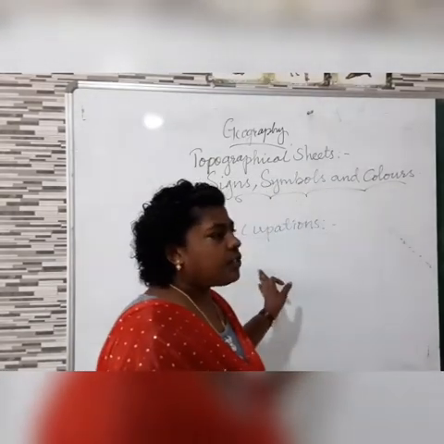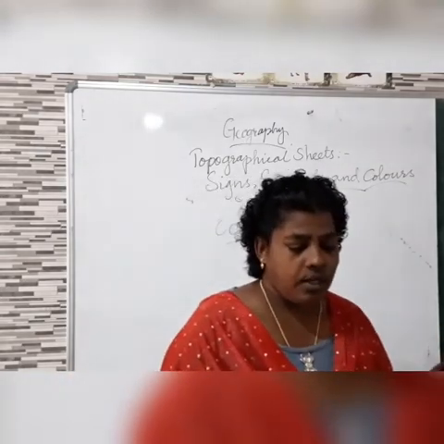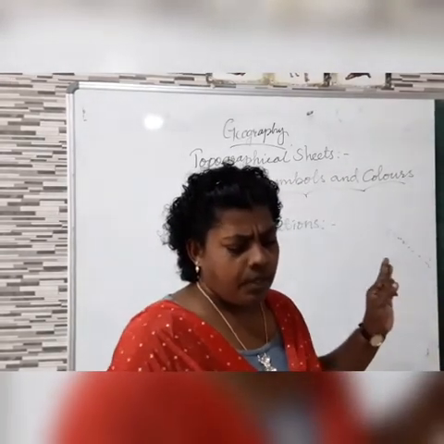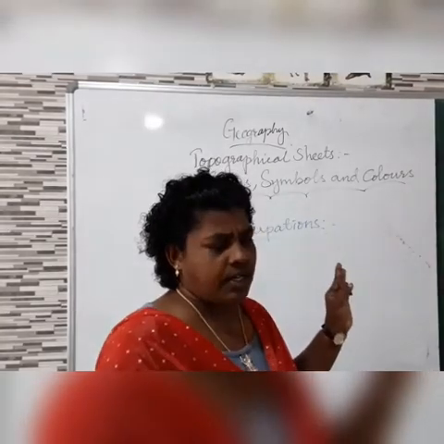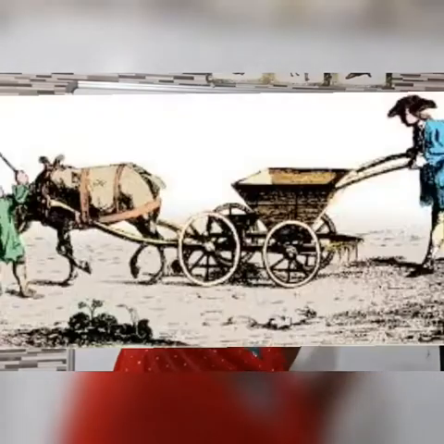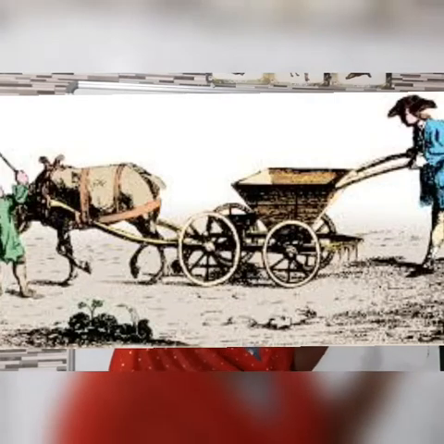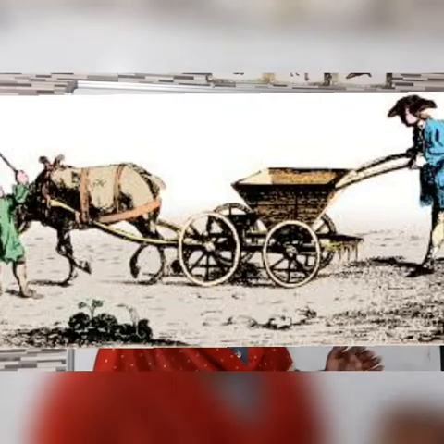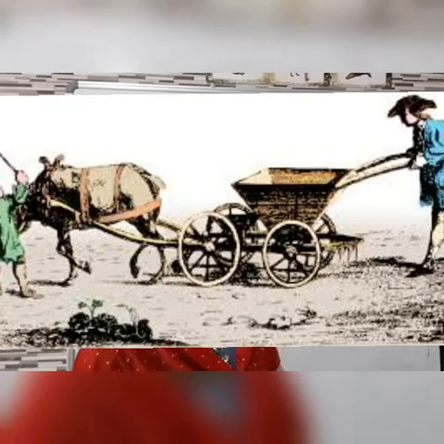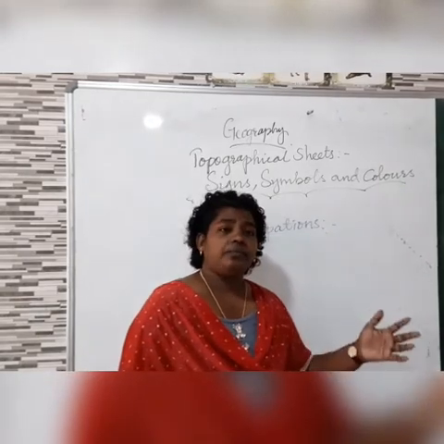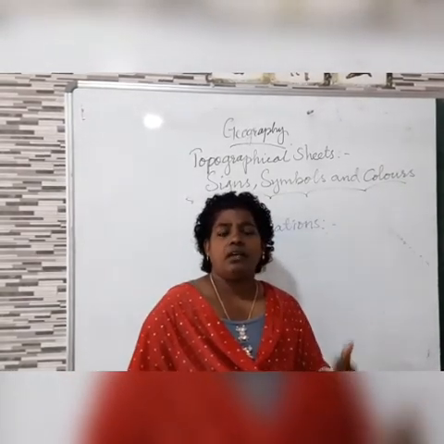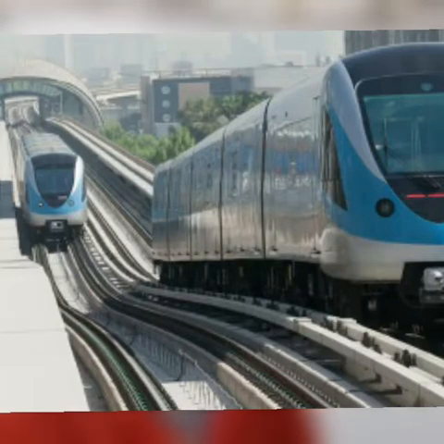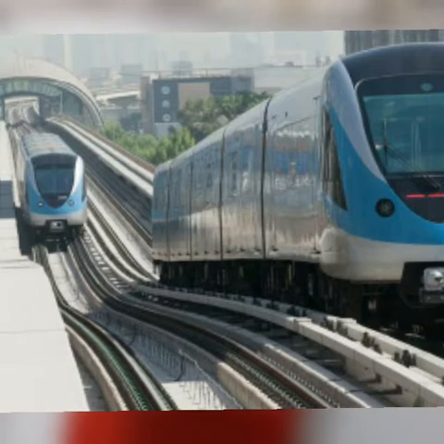The last one is trading. A large settlement with many carts, tracks, roads and railways. For transporting goods or manufactured items from one place to another, what is needed? Transportation is the main thing. Wherever roads, tracks, carts and other transportation or communication facilities are there, trade is the main occupation of the people. Did you understand, children?